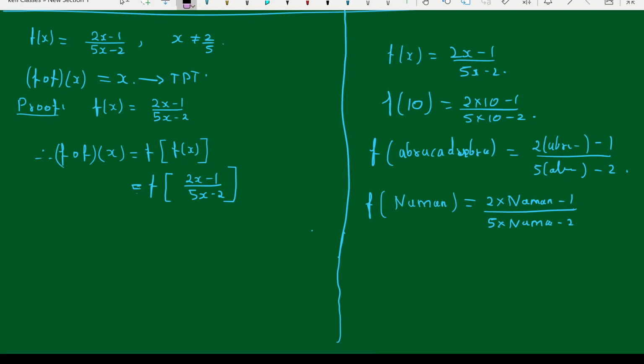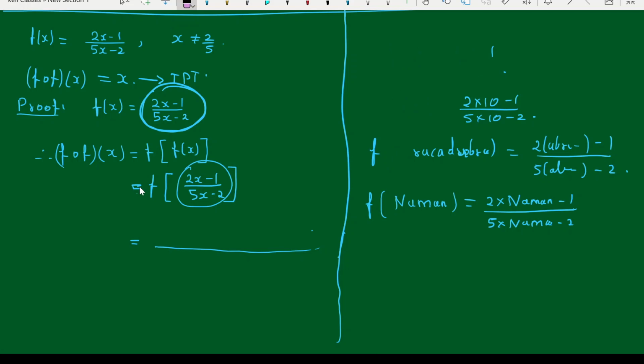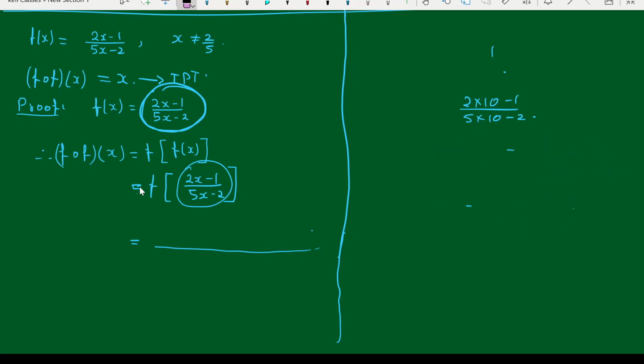Understanding? Okay. So if this is true, then if I want to find f of (2x minus 1) upon (5x minus 2), then I am going to replace x with (2x minus 1) upon (5x minus 2). The rule is 2x minus 1 upon 5x minus 2. So I'll just do one thing. I'll get it on the other side. उधर कचरा हो जाएगा थोड़ा सा. Okay. So this is equal to,